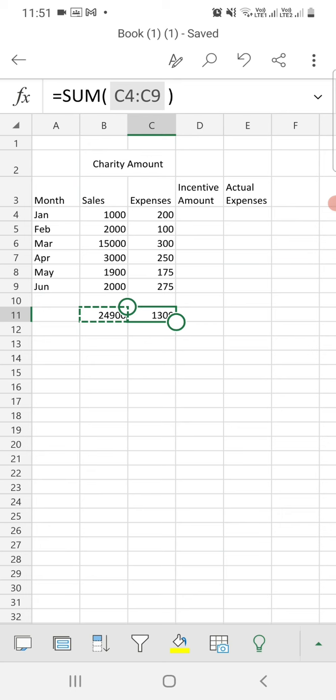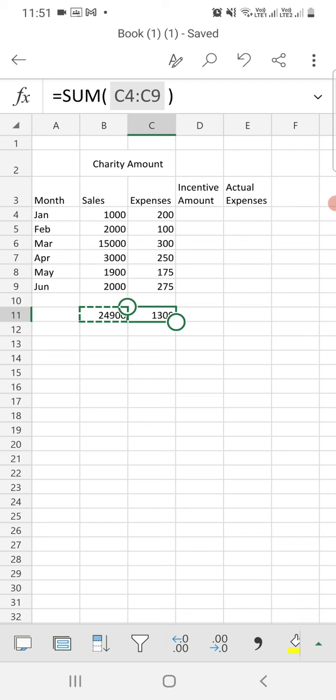Previously that was B4 to B9. You can see in that cell the formula was equal to sum B4 colon B9, and then we have the copied formula equal to sum C4 to C9. So this is the process.